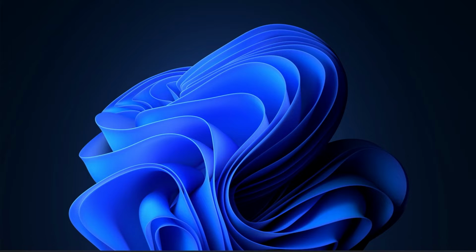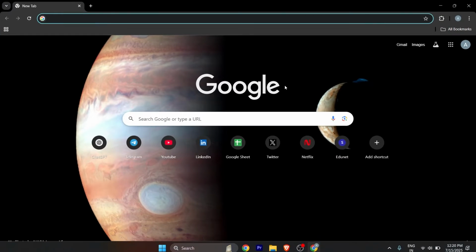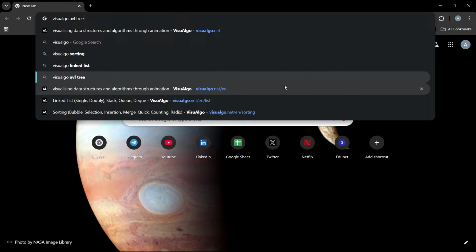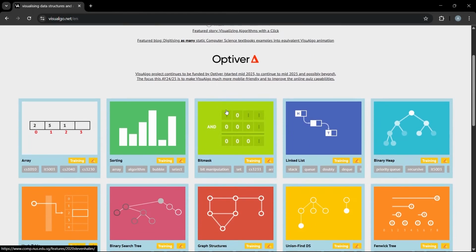Now in order to do it, you don't need to pay anything, just simply open any browser you have on any device. For example, if I open the Google Chrome browser on my system, here I have to search for visualgo.net. Once I search for this website, just simply go to this URL. You can see it's right here, and here you have to scroll down until you see the option of binary